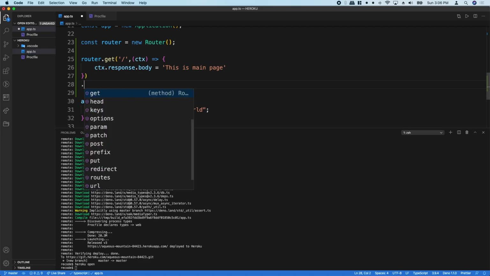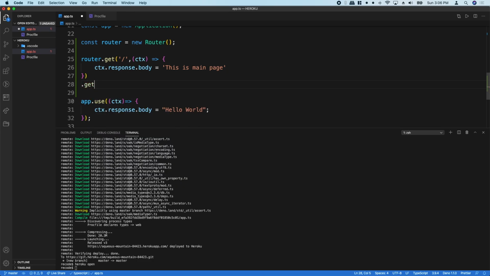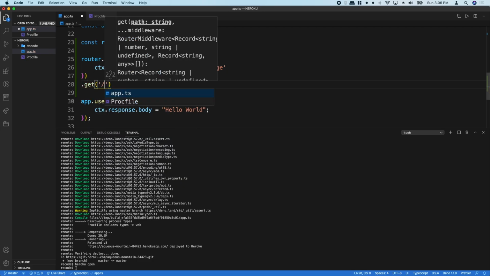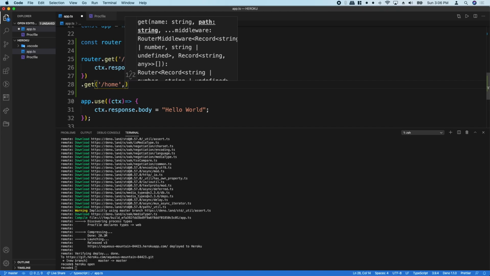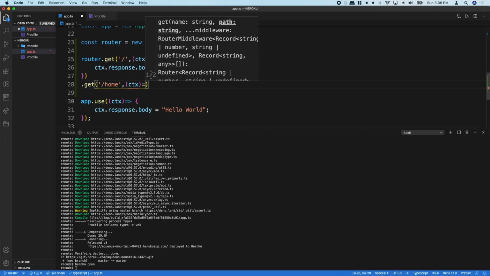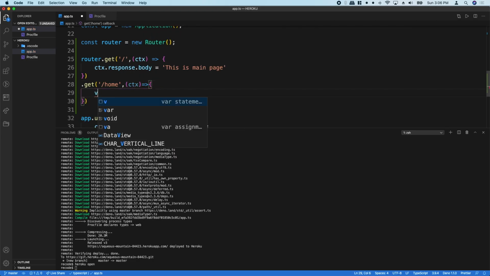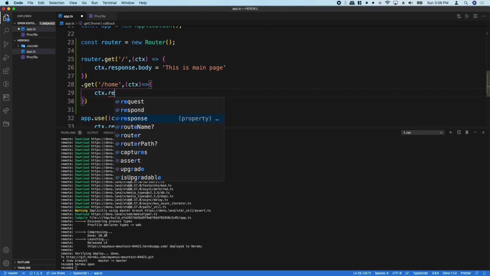We can also create another get method which will listen to the home path, and inside it we can pass this home path.